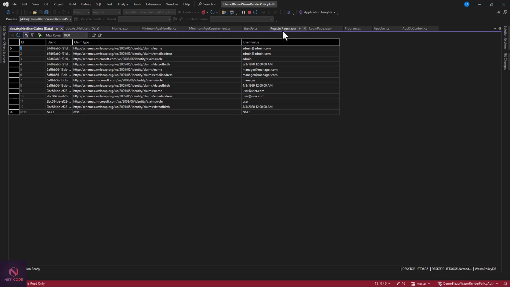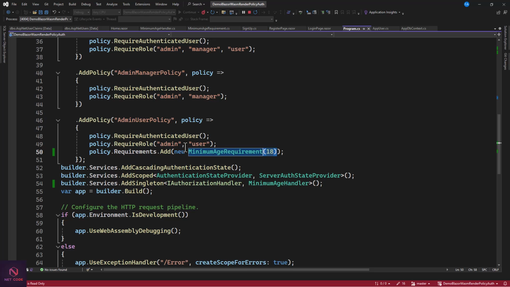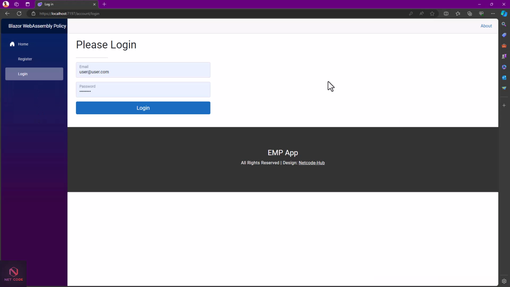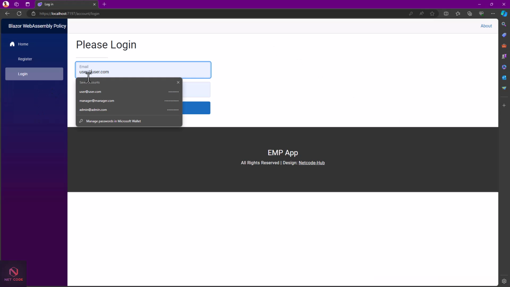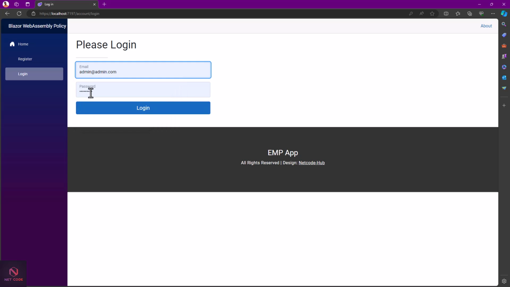So in order to do this, we're going to apply. You go to a program. We're going to apply this requirement. Okay, so you've applied it already, and that is it. Yeah, I never forgot it. Okay, so now that we have this, let's log in. So if I log in as admin, log into this,